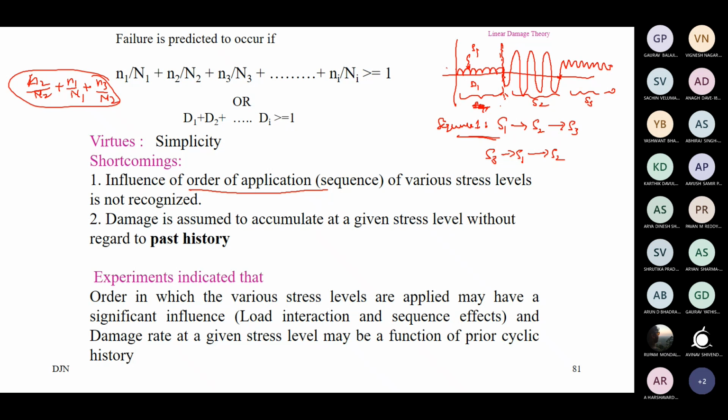That is the reason even till date this Palmgren-Miner theory has been used most widely. Despite its shortcomings, it is used most widely and it will quickly give you the details. So if you want an approximate idea about the component behavior, then this theory would help you. Maybe during the raw design phase, the initial phases of design, as a first iteration, first trial, you can go with this. You have several components, several shapes, several designs for the same application, and you want to try whether each design is going to sustain.